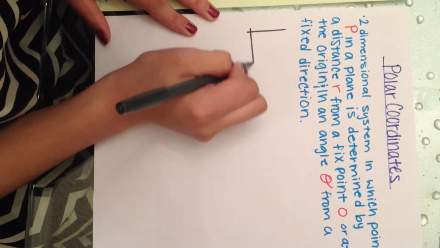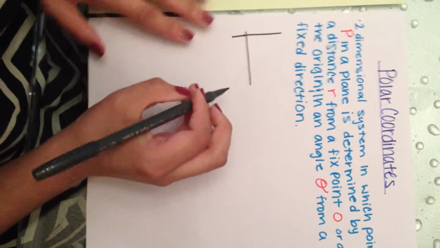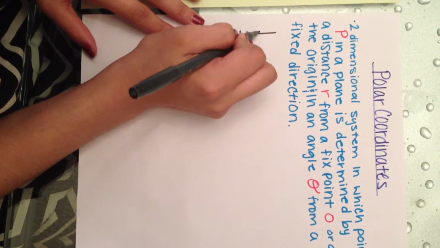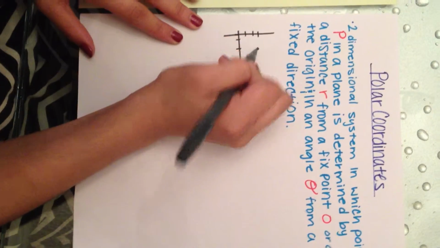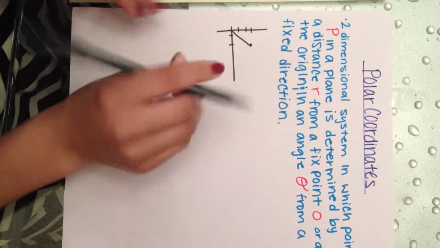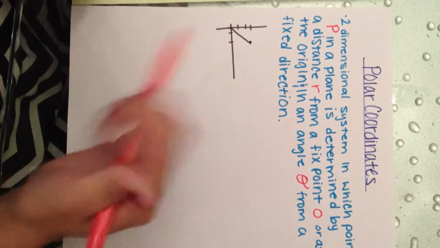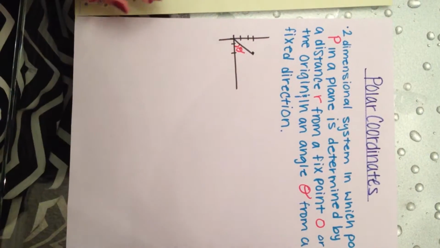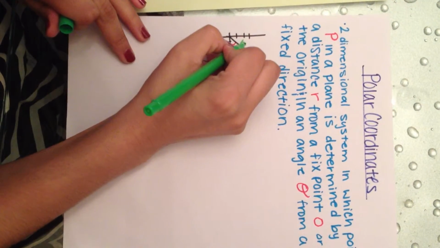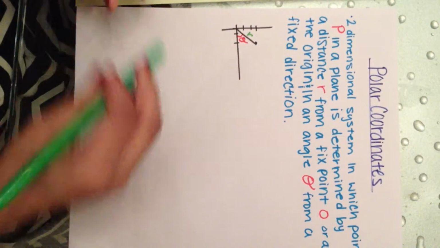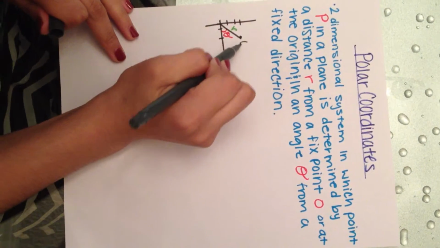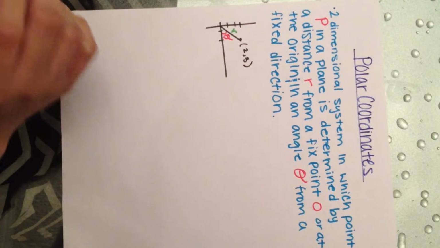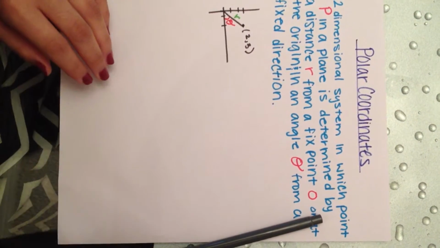we have our plane. We get the point at, say, 2, 3. The point will be right here. Make the line. We know that this is our theta, which is the angle. Our r is the distance from the fixed point. And this is our O. The point is 2 and 3. We're trying to find